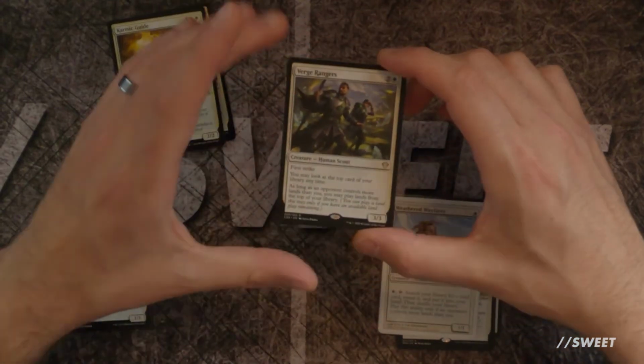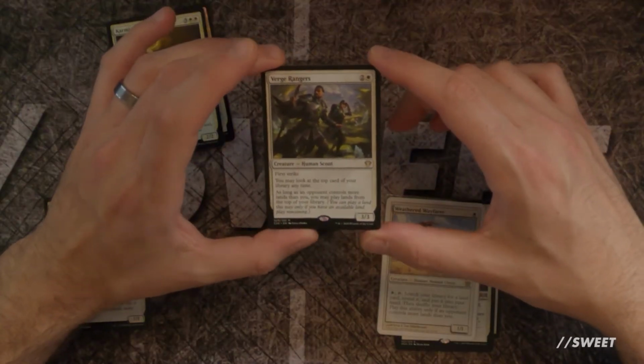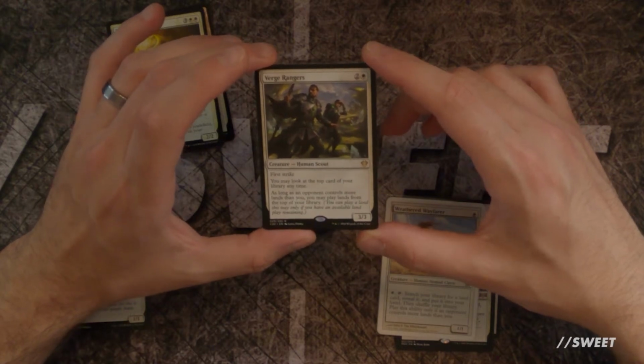We need to hit all of our colours with this. Verge Rangers, I'm not sure of this card. Let me know in the comments if you think it's good and worth including. You get to look at the top card of your library every time. I like that part. But it's a card that will let us fix once, maybe. Like, it'll let us play one land from the top of our library before it just gets killed by our commander. So, maybe not, but...